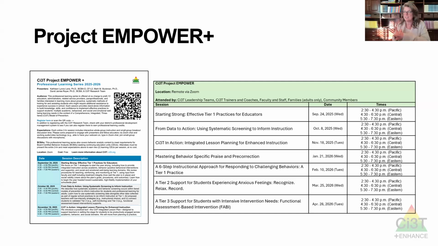And you'll see there's a 6-step process. We're going to do FABI again next year. So know that these are coming. And if you are somebody that's like, oh, I just want to talk about this more between now and then, we're happy to do it. We've got Ci3T trainer and coaches calls every month. You can drop in, you can ask questions there. So know that we're here.